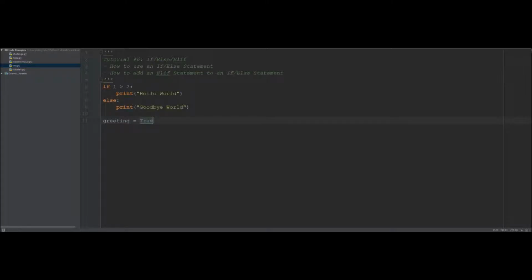And so this will either be true or false, so I could change it later on in my code to be false. Say if greeting equals true, because we're making a comparison here, I need to do a double equals. I could say print hello world,